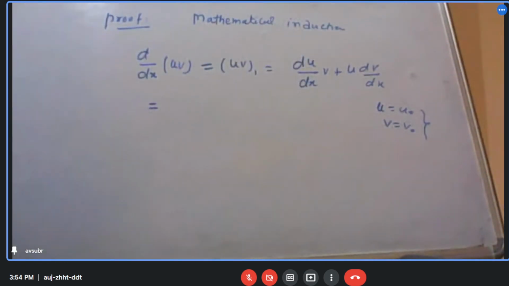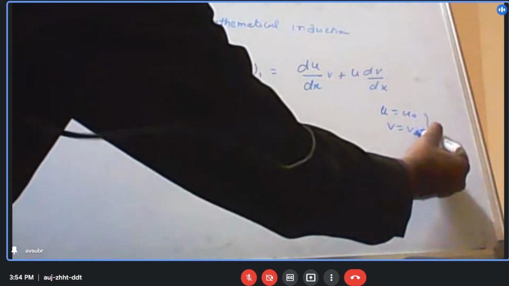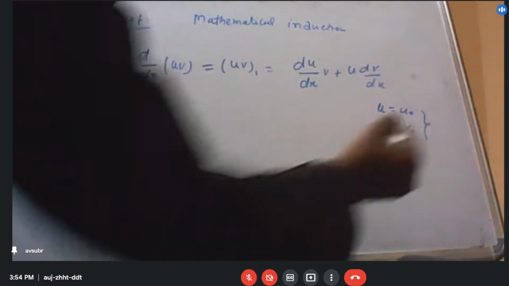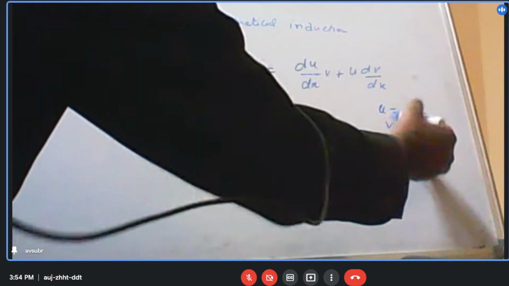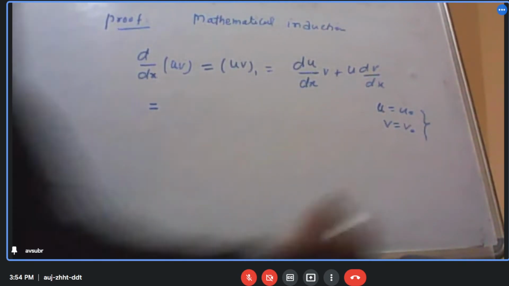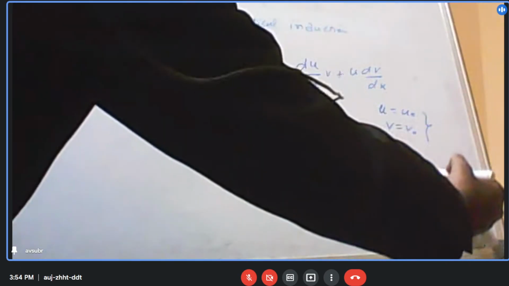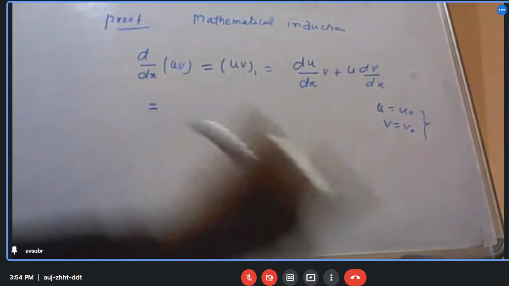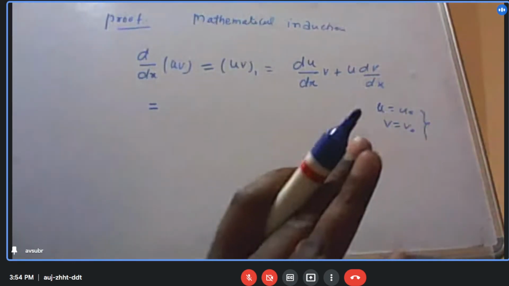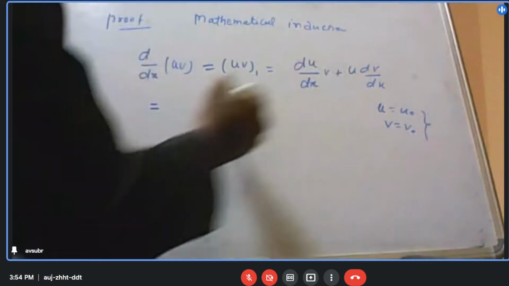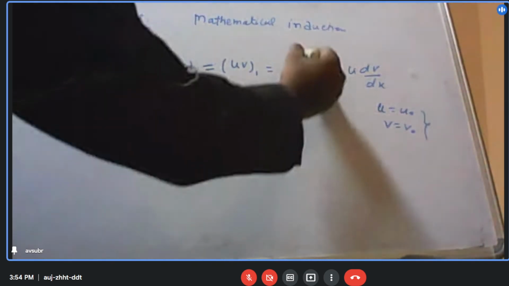This is just in order to differentiate, because 0 means there is no differentiation. It is representing the function itself, u and v. And whatever subscripts there are, that will be first, second, third differentiation, like that. So 0 means no differentiation. So it means how many times it has been differentiated.